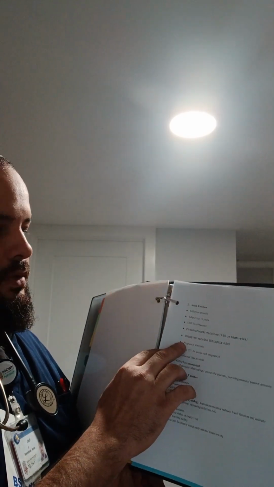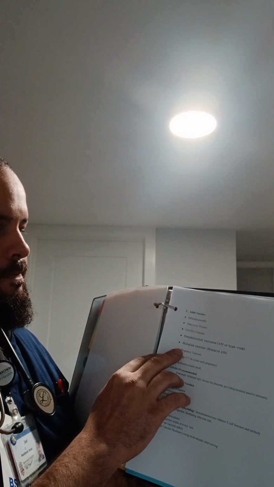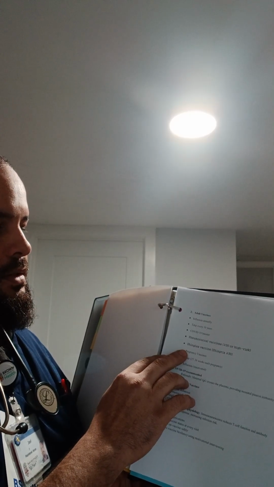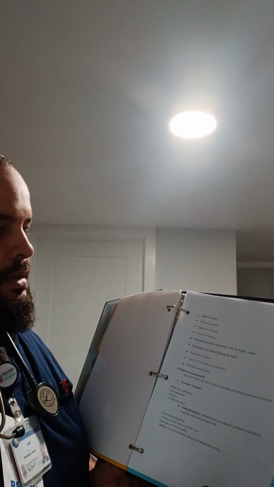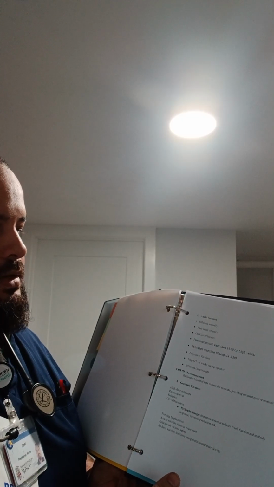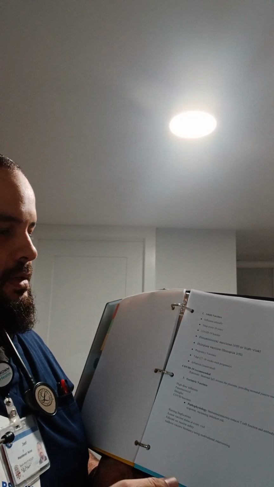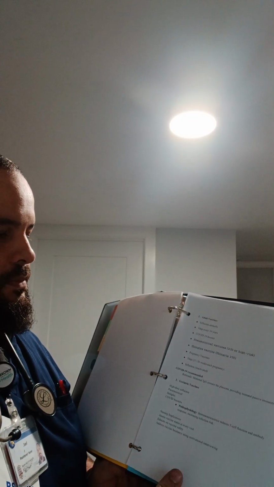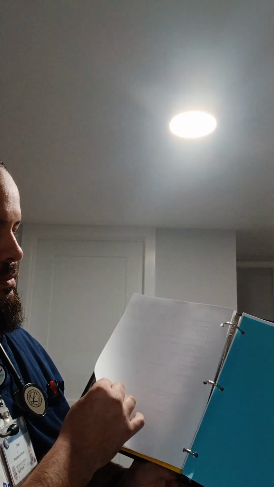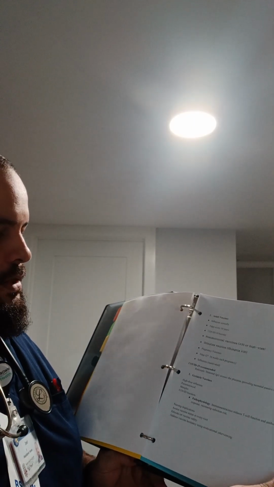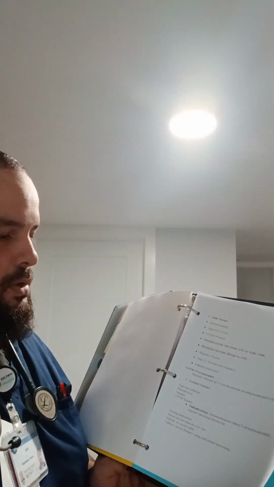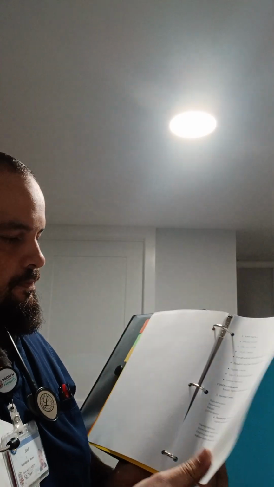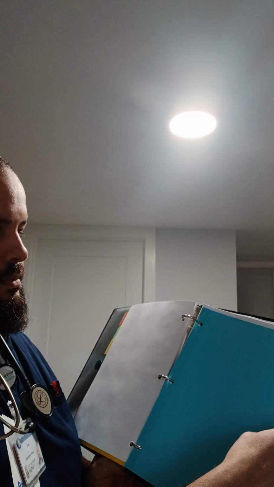And also, the adult vaccines are included: annual influenza, Tdap every 10 years, COVID-19 boosters, pneumococcal vaccines, shingles vaccines, and pregnancy vaccines. And there are also geriatric vaccines, including the high-dose influenza, pneumococcal, shingles, and COVID boosters. Next tab.